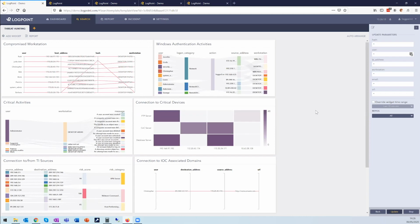And it's trying to give you all the relevant information if you were to investigate someone's activity. And there's a list of compromised workstations that we might have obtained from something like a vulnerability scanner, and an overview of the authentication activity and what people are connecting to. But the key point is that you have these fields at the right-hand side that the LogPoint administrator can define,